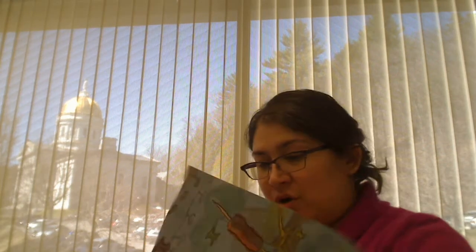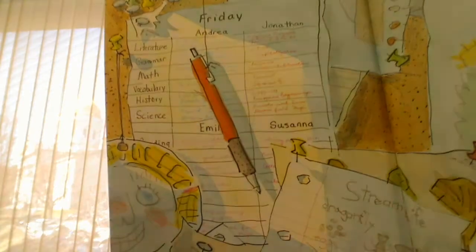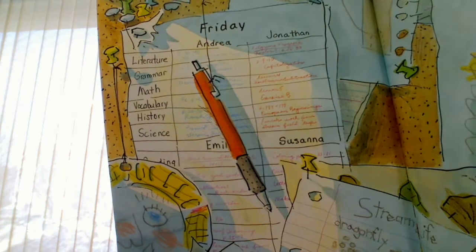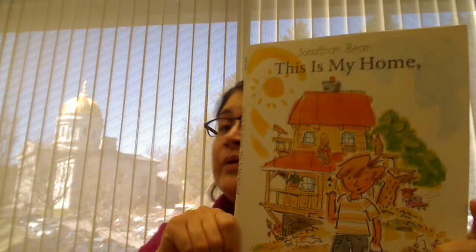And then they show in the back their schedule of all the kids, of all of their different subjects. And then in the very back is information about the author and her homeschooling experience. So I think if you have homeschoolers in your library, which if you're in Vermont, you probably do, this could